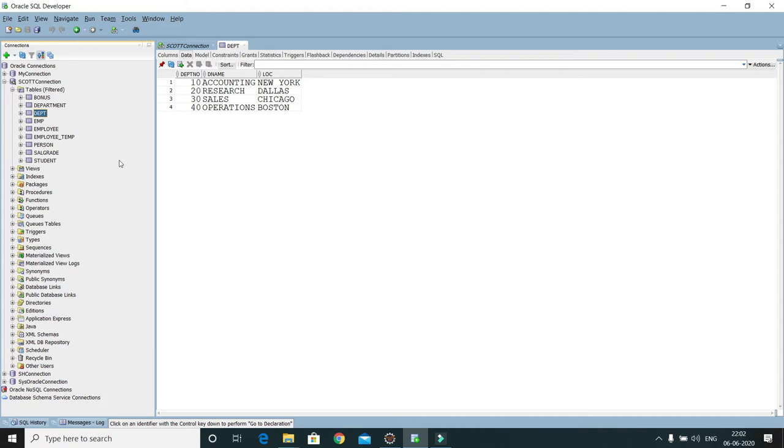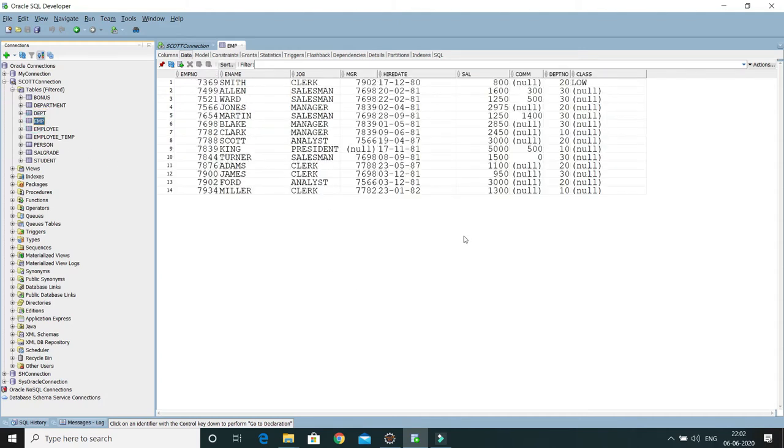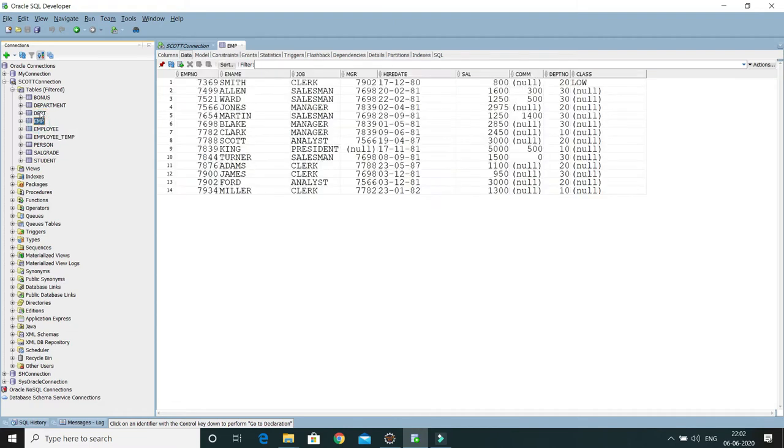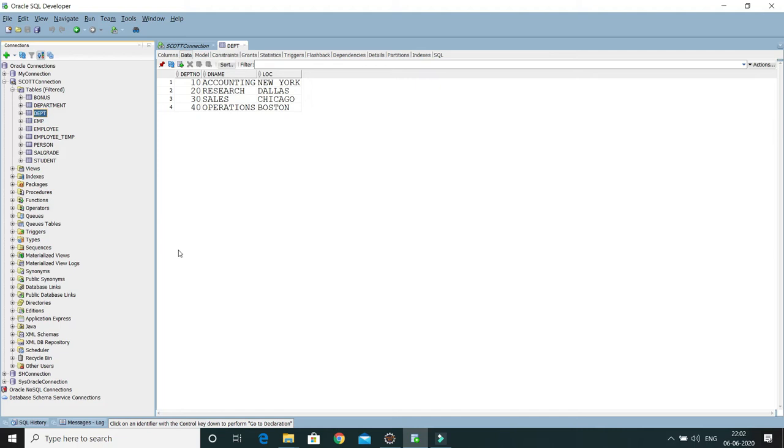Right now I would like to get information like department number, department name, as well as the total salary of the employees in every department, right?